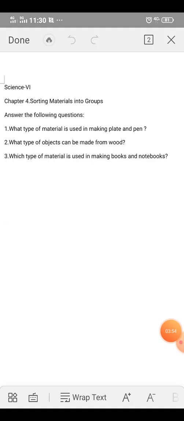Okay students, you will get this worksheet as a PDF. Write the answers and send it to